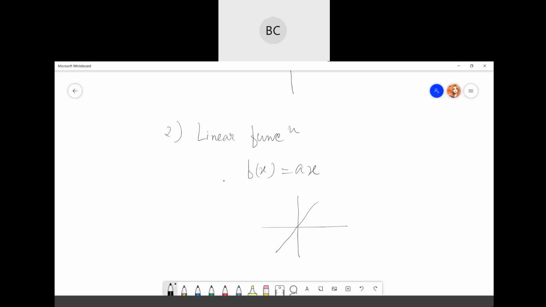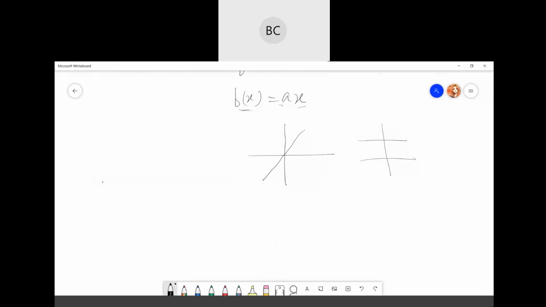The variable a in this case can be any constant value. Since it's just the normal input, it can look like this, it can also look like this, and anything. It's just a constant.